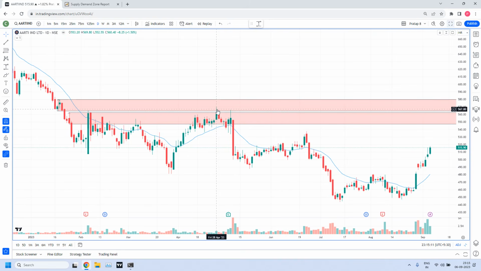Again, a second time, it went a little deep inside the supply zone. Again, it pushed the price down. Once again, it went inside the zone and again pushed further. So this particular supply zone